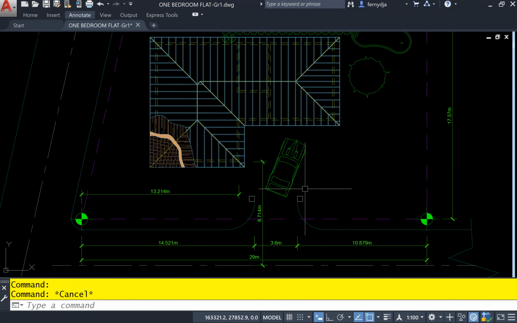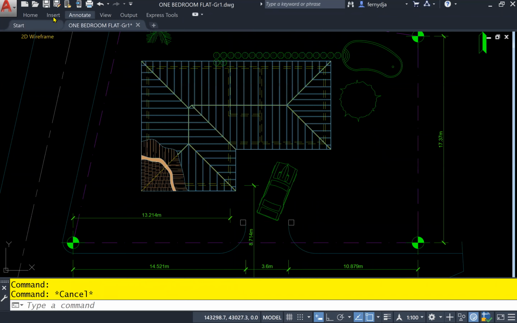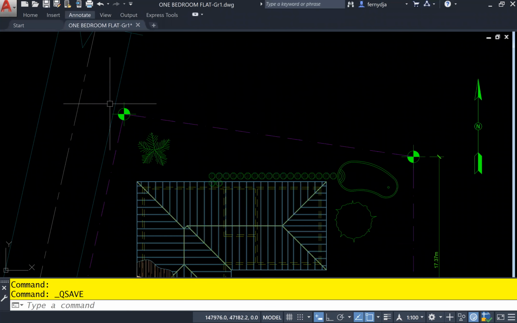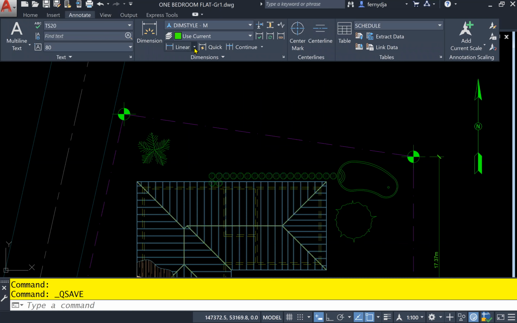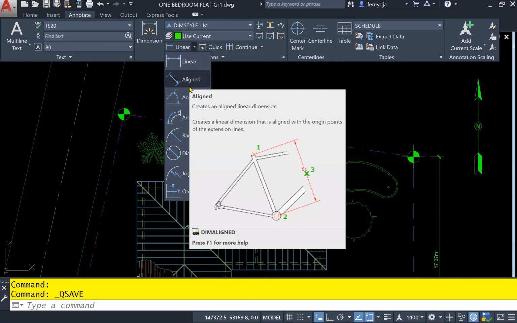All right, so the other dimensions now. Are everybody following still? Okay, good. So the other dimensions now, those are not horizontal or vertical, so we have to use a different tool. Talking about this boundary along with that boundary. So if we go to Annotate again, this time below Linear, we have Align. Now Align is used when you have those